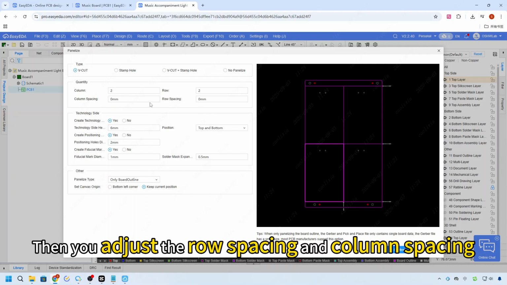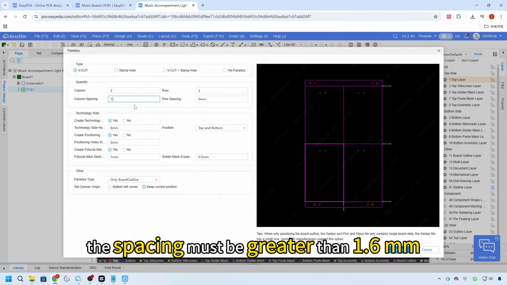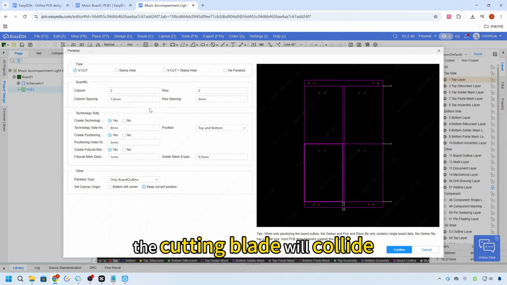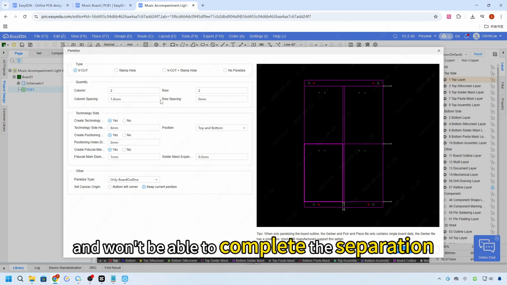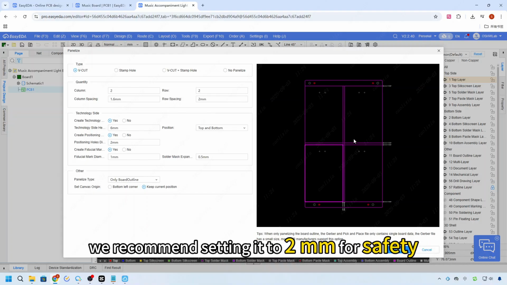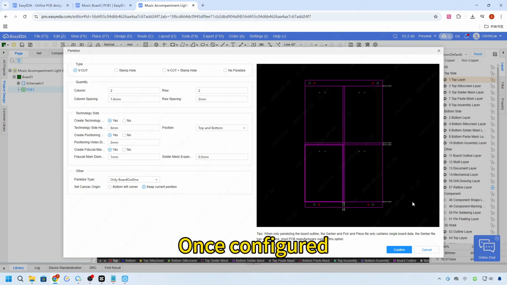Then you adjust the row spacing and column spacing. It's important to note that the spacing must be greater than 1.6 millimeters. If it's smaller, the cutting blade will collide and won't be able to complete the separation. As a rule of thumb, we recommend setting it to 2 mm for safety. Once configured, the